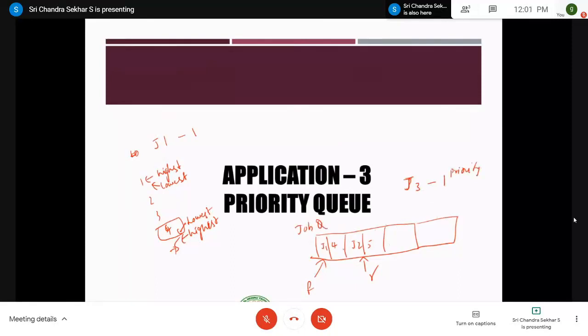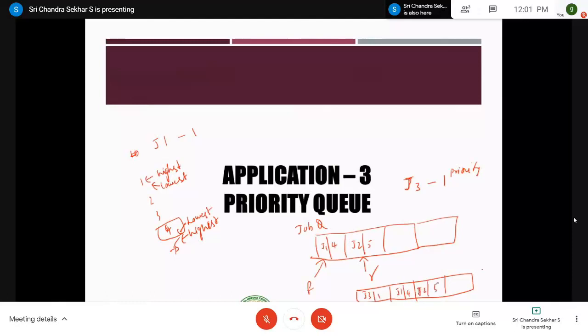In such a case, you have to rearrange the elements. Why? Because J3 has a very high priority and that particular job has to be serviced first, rather than servicing J1 and J2. So here comes the first one, J3 with priority 1, then J1 with priority 4 and J2 with priority 5.